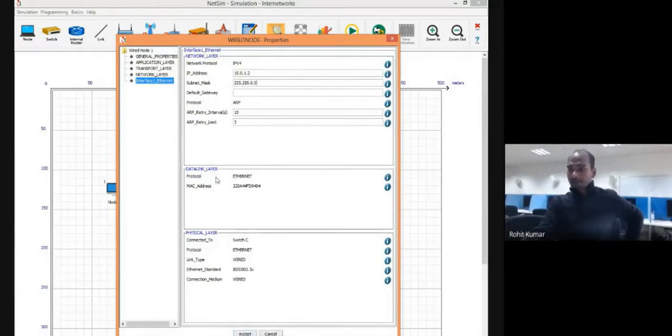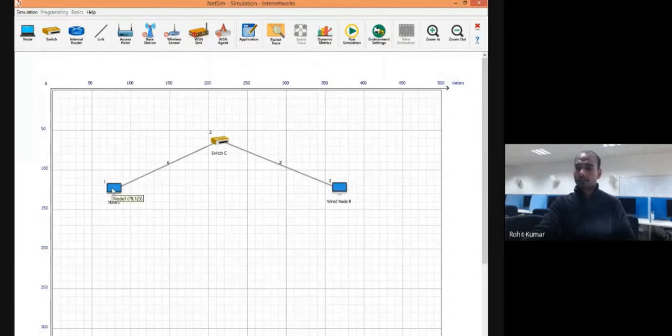Data link. What is the protocol running at the data link layer? It is Ethernet, and at the physical layer also we have the same protocol. In many theory classes, you will see that many times people show data link in the figures as a part of the physical layer, but it is considered a separate layer because of the MAC address. At the physical layer you don't have an addressing mechanism. Simply electronic layer, you can say all the electronic activities get performed here. So simply accept it. We configured node 1.